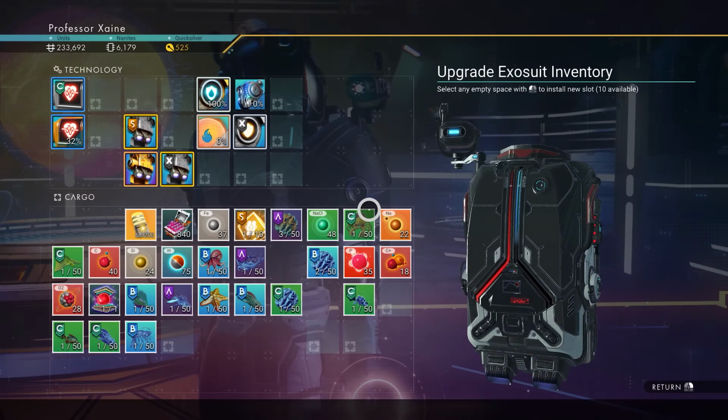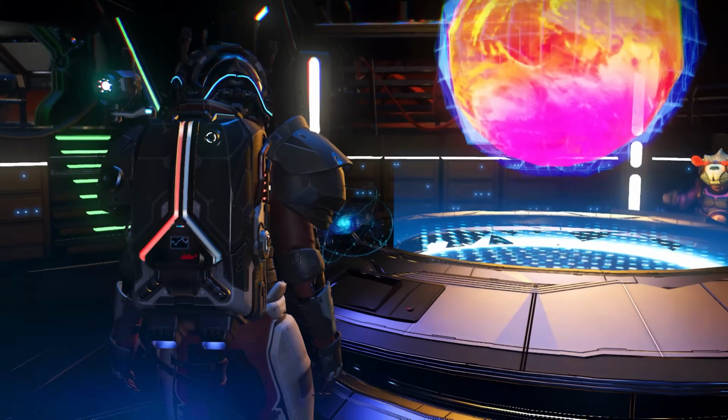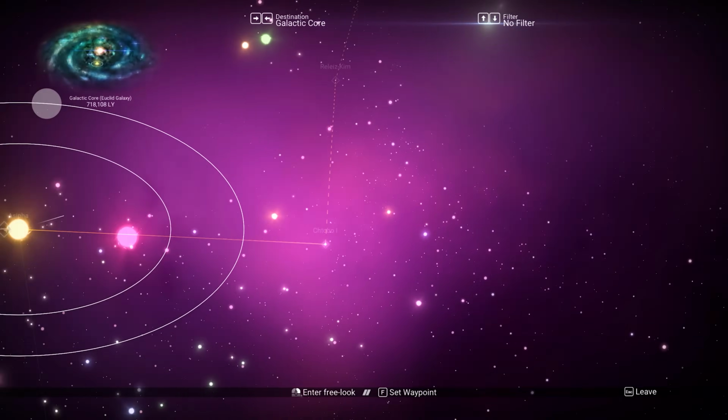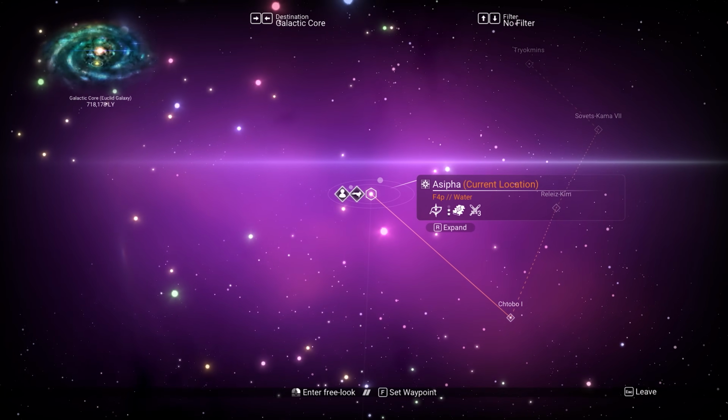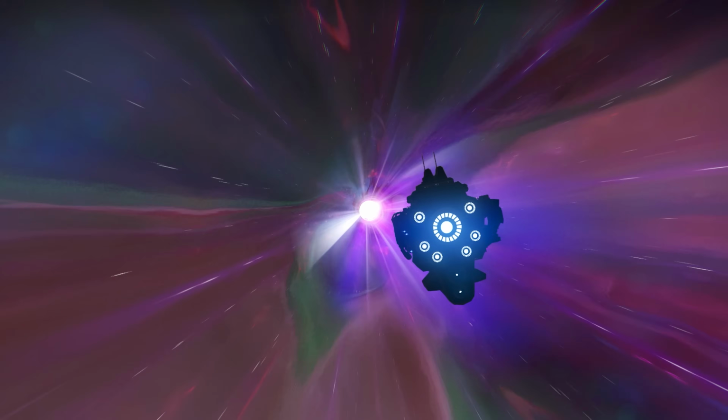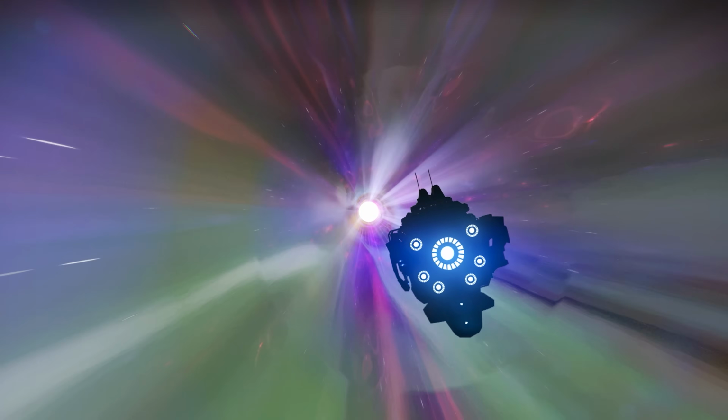Lastly, it's time to warp to some undiscovered systems. What counts here is that you warp to systems that have not been uploaded by anyone else. When you arrive, it should say First Contact instead of the person who discovered it. You can do some tricks like going offline for this, but I'd suggest just picking a direction in the galactic map and warping near max distance. After 3 to 5 warps, you should be far enough away from the expedition path that the systems you visit